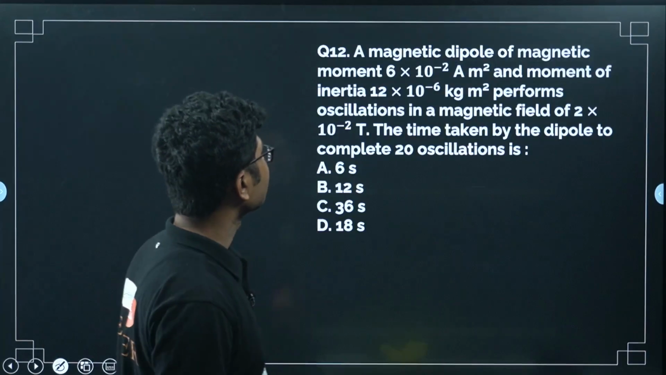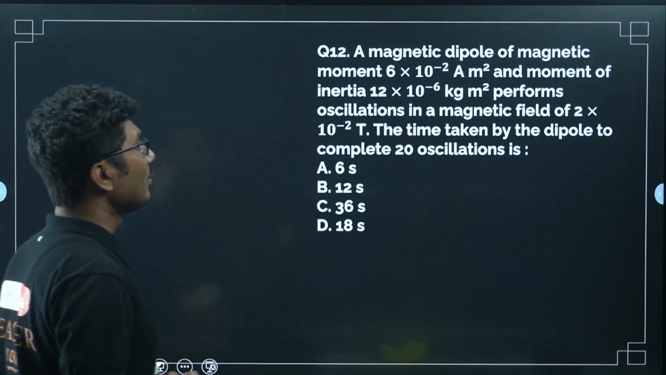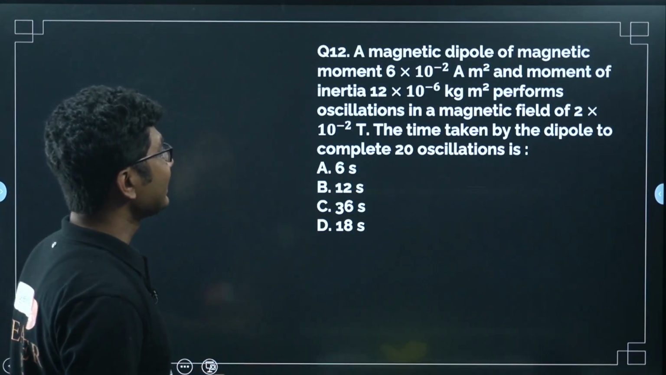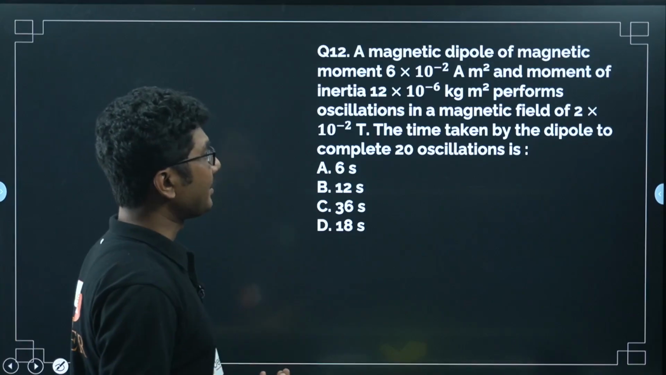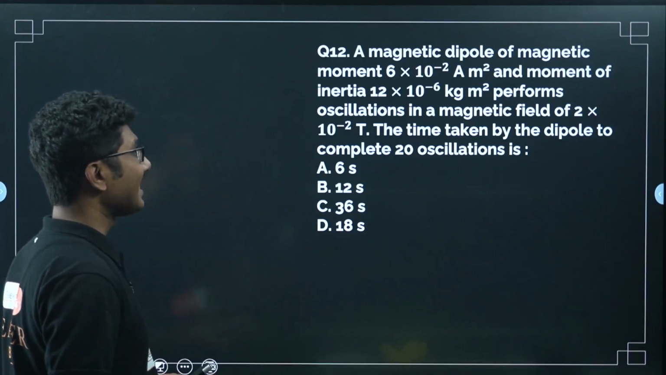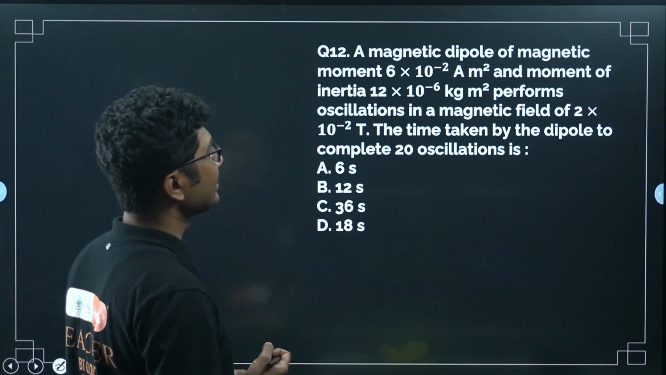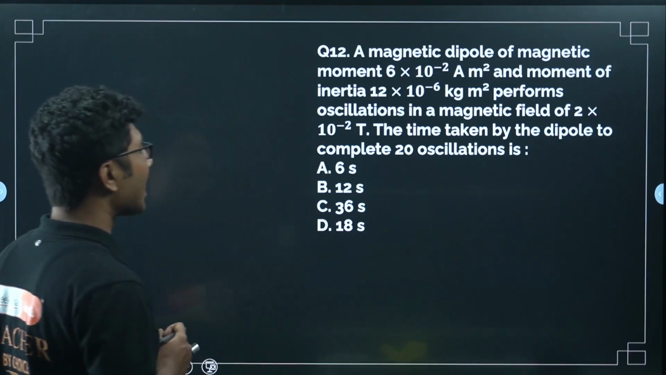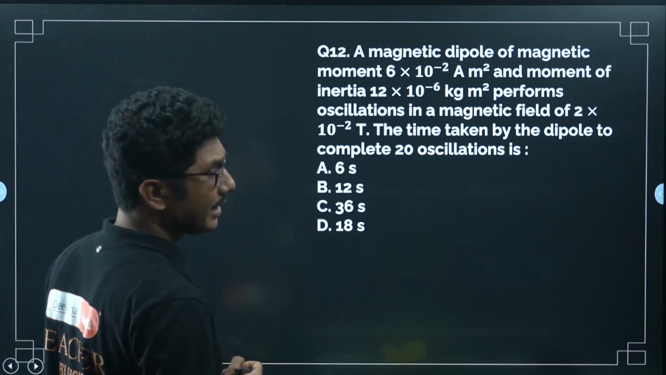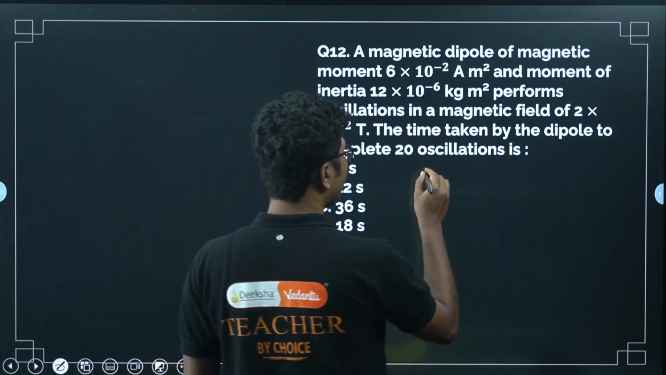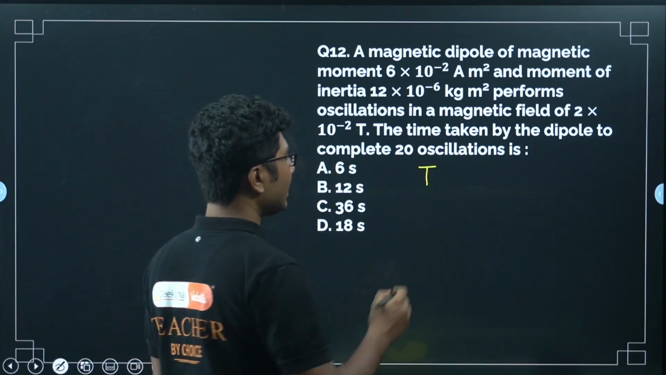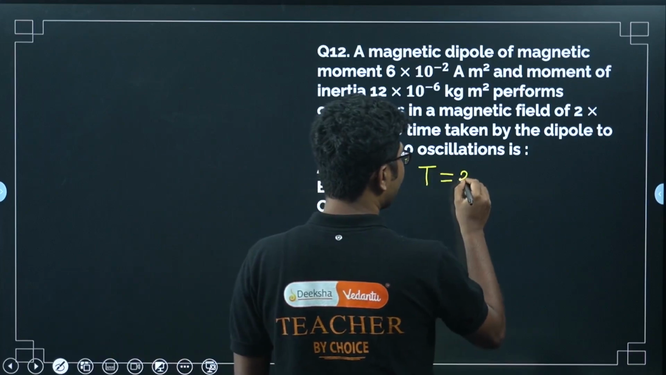A magnetic dipole of magnetic moment 6 times 10 to the power of minus 2 ampere meter square and moment of inertia 12 times 10 to the power minus 6 kg meter square performs oscillations in a magnetic field of 2 times 10 to the power of minus 2 Tesla. Find the time taken by the dipole to complete 20 oscillations. First of all, you have to calculate the time period. The formula I have given you,